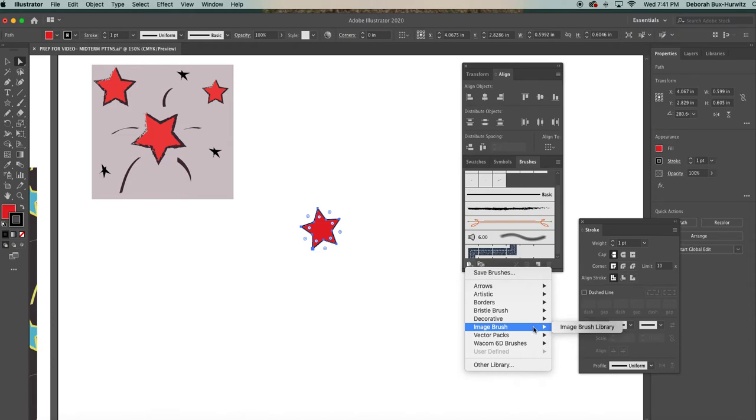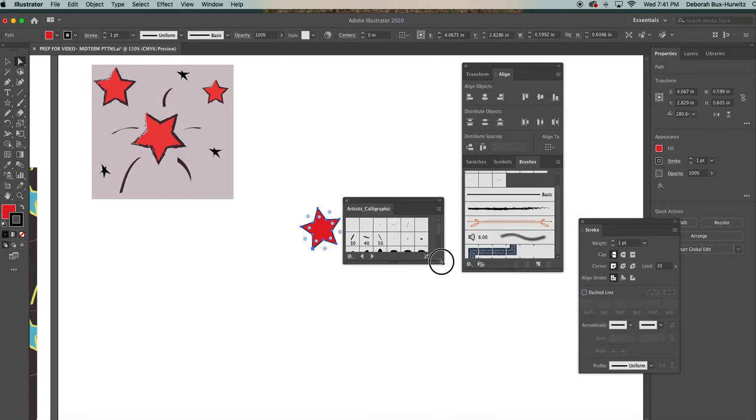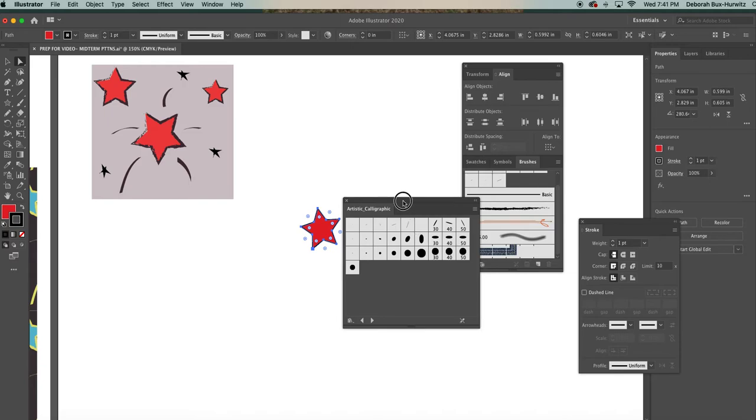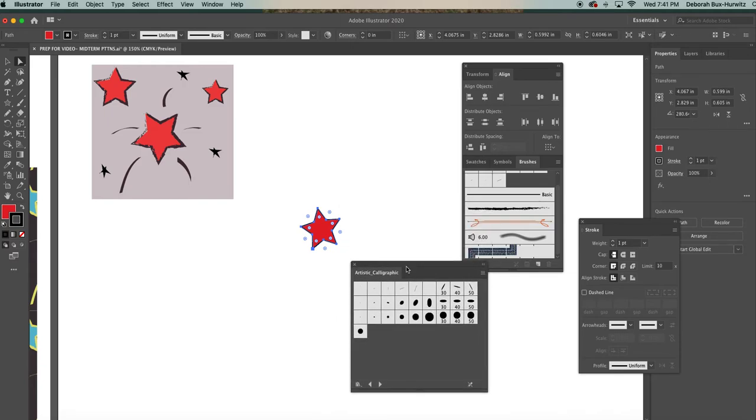Haven't really ever used image brush or any of these down below, but feel free to open them up and check out what's inside. My favorite brush library is the artistic brush library, and there's lots of different ones you can explore in here. So for this, the way I did my star print, I actually went into artistic calligraphic brush. Oh, actually I didn't for this, now I realize, but there's a bunch of different fun brushes in here. I actually went here under the default brush library, clicked on that, which is more of a distressed looking line. And you can see when I clicked on it,